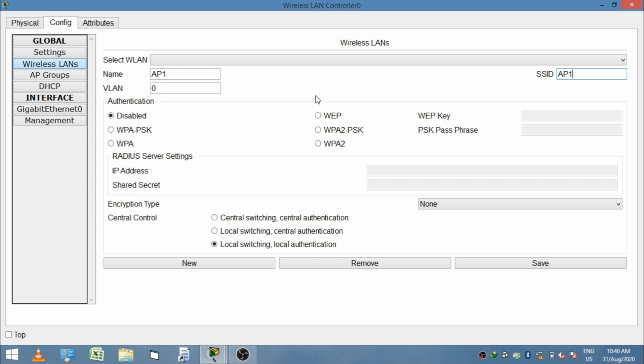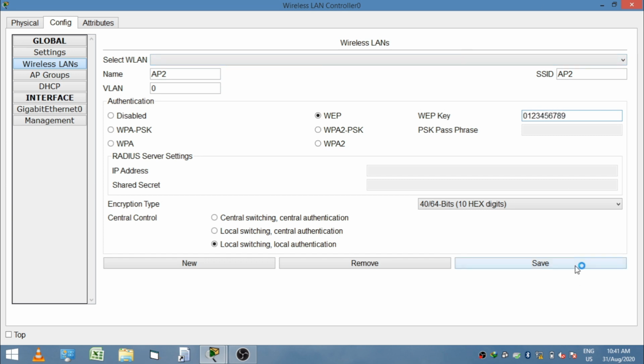Next, click on the add button. Next, go to the wireless LAN tab. Here I give the names of the APs. First AP, AP1, SSID AP1. Next, the WEP keys, the security keys. I put the 10-digit number 0, 1, 2, 3, 4, 5, 6, 7, 8, 9 and then save.